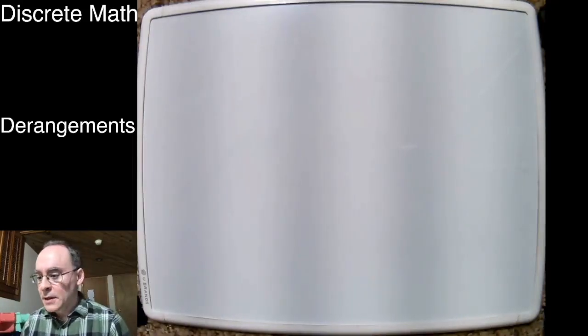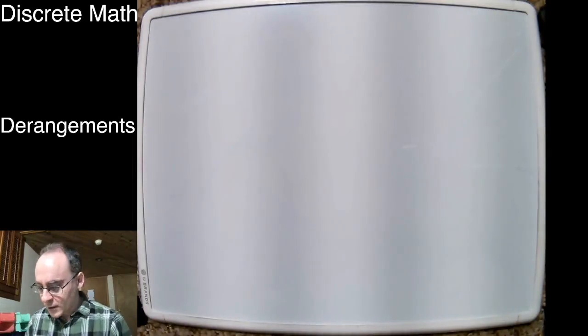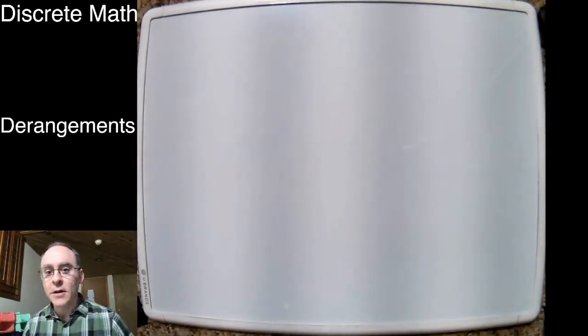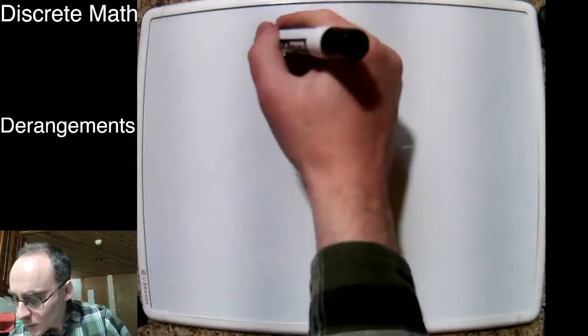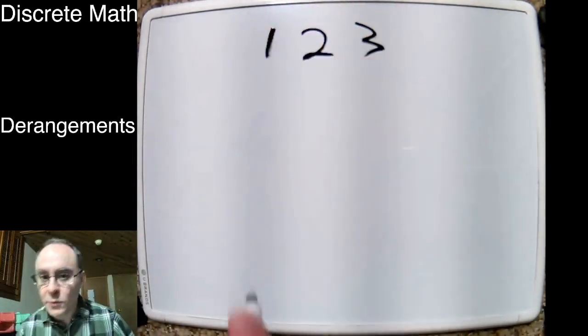Hello everyone. This video's topic is on the concept of derangements. And what is a derangement? It's a permutation where nothing stays put. So for example, if I have the numbers 1, 2, and 3,